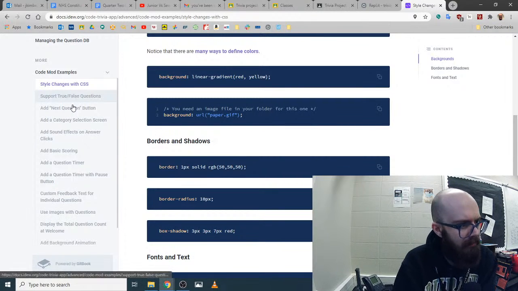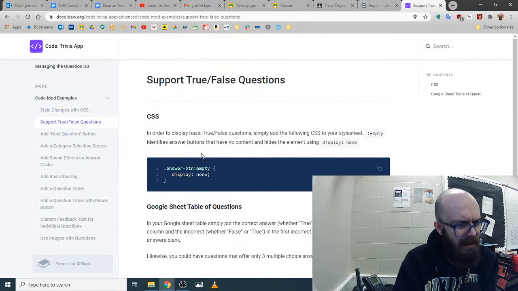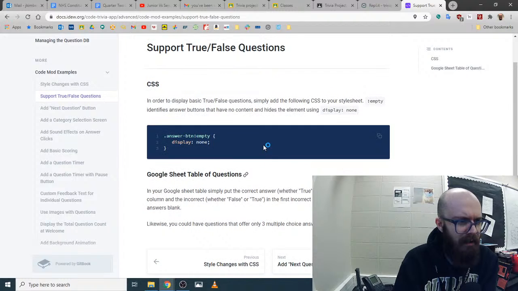So you could click on one of these and you might get a straight up answer of what to do, or you might get inspiration where you think, oh, he's doing this thing, I want to do something slightly different. So this one says true false, and it has to do with